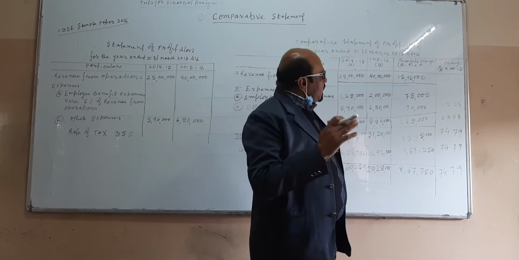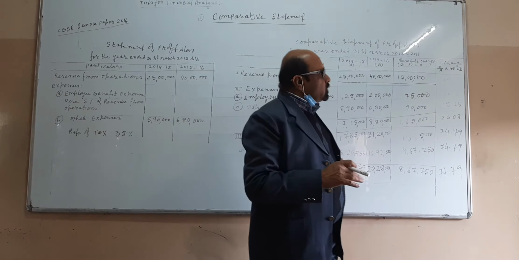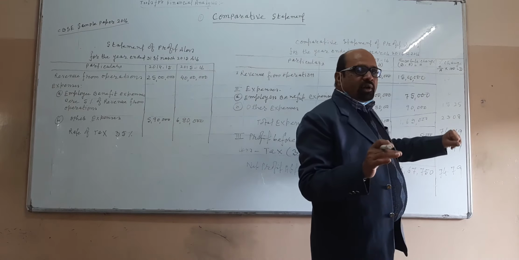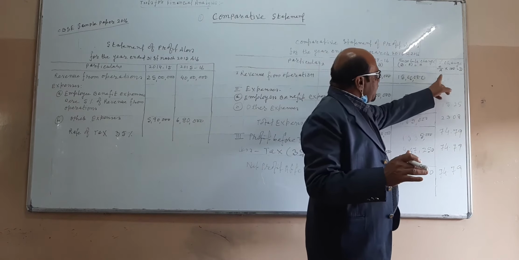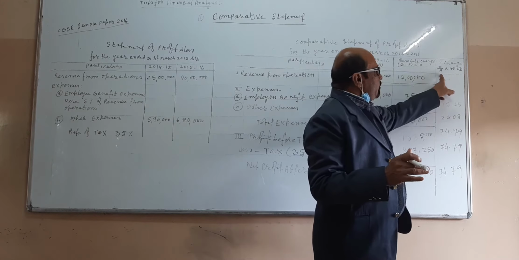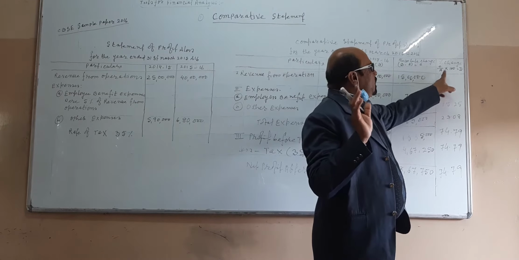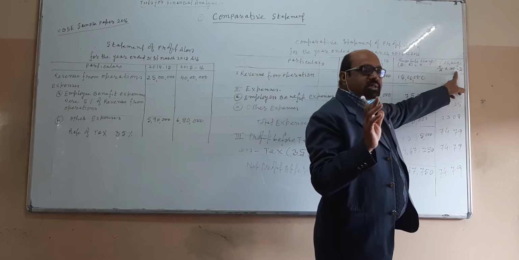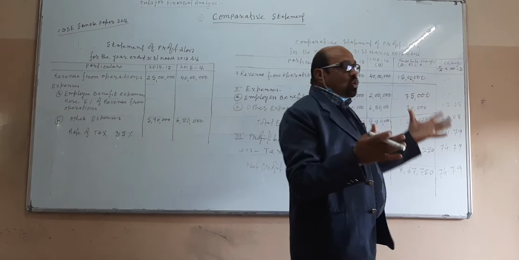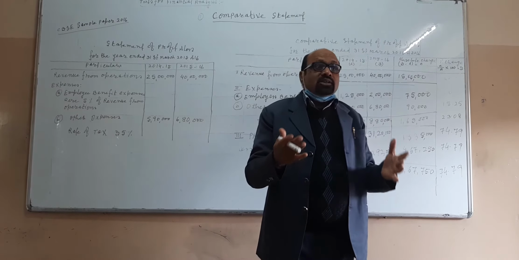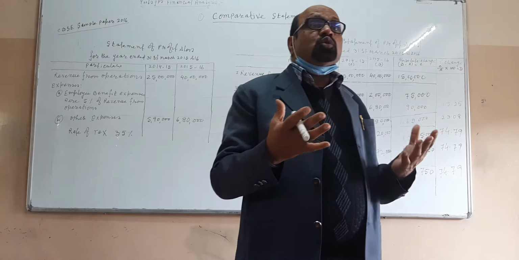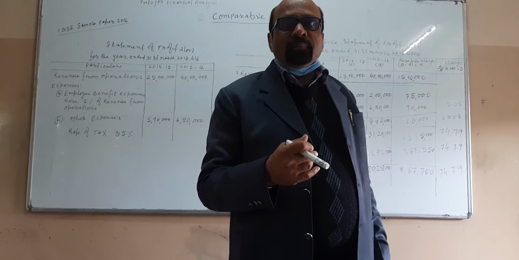And after calculation of absolute change, you also have to calculate percentage change. How do we calculate the percentage change? C by A into 100. That is, absolute change by previous year amount into 100 equal to D. It is necessary to calculate the percentage change, because only knowing the absolute amount, it is not possible to compare, it is not possible to know the actual position of the company.